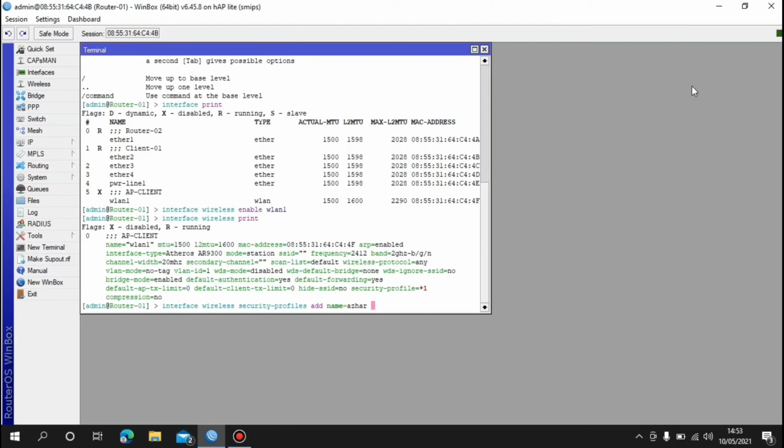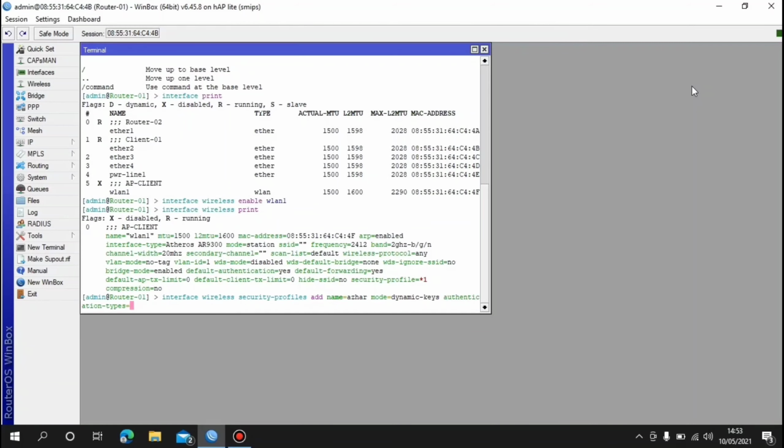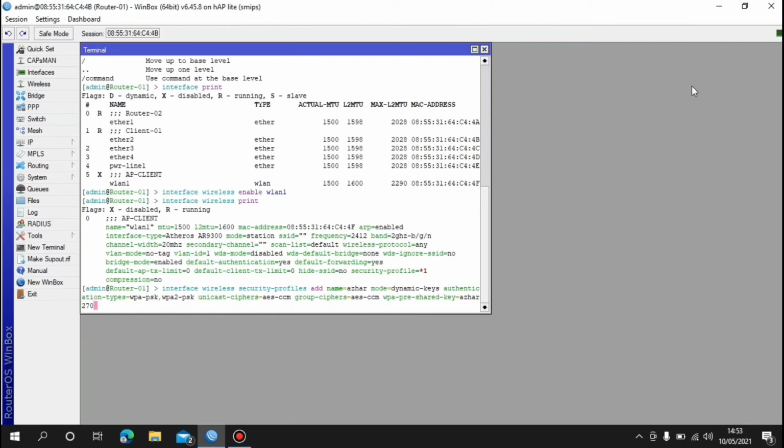Then mode is dynamic keys, authentication types WPA PSK and WPA2 PSK, unicast ciphers AES CCM and group ciphers AES CCM, and then the WPA pre-shared key is the access point password, and the WPA2 pre-shared key with the same password, and then enter.